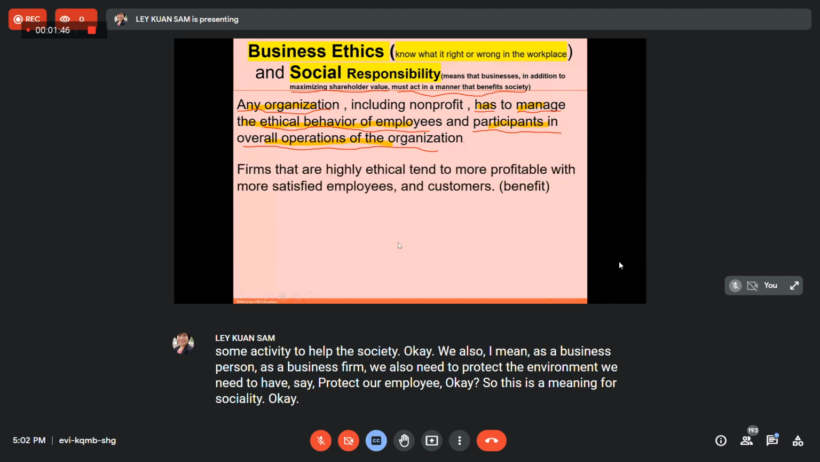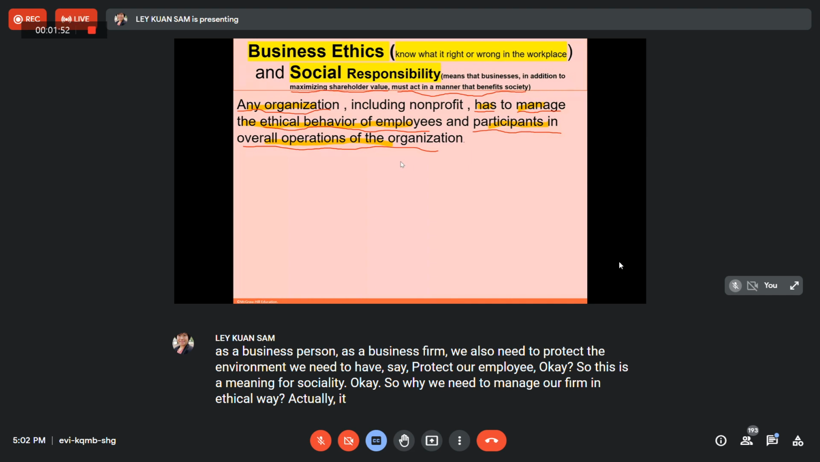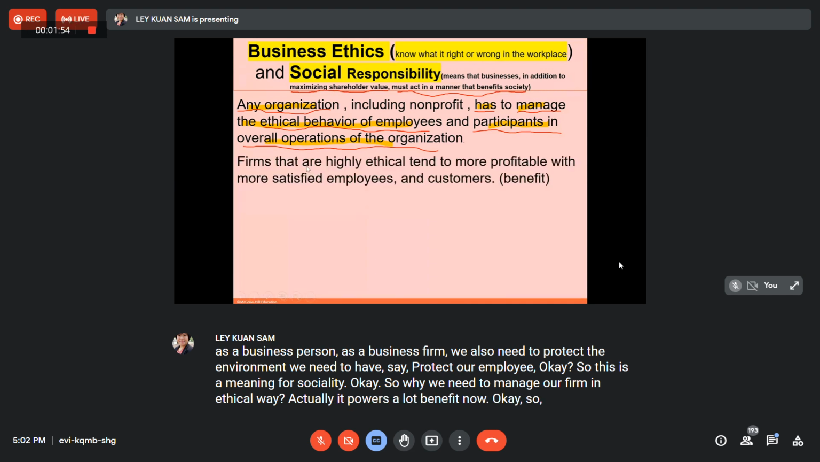Why do we need to manage our firm in an ethical way? Actually, it provides a lot of benefit. Let's say we manage our firm in